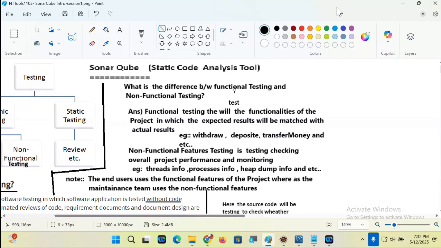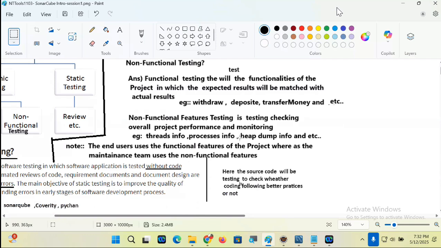What is the difference between functional testing and non-functional testing? Functional testing will test the functionalities of the project, in which the expected result will be matched with the actual result: withdraw, deposit, transfer money, etc. Non-functional testing is checking overall project performance and monitoring: threads info, processes info, heap dump info, etc. The end users use the functional features of the project, whereas the maintenance team uses the non-functional features.